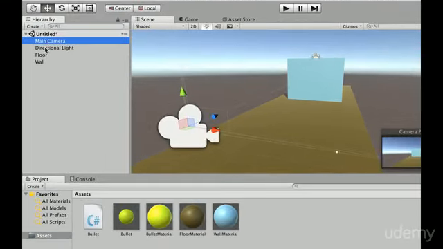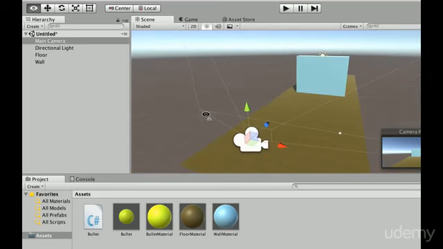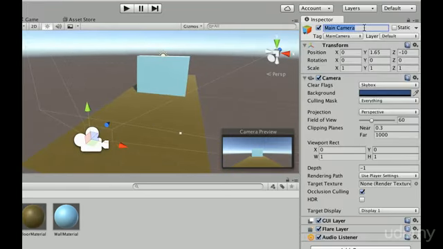First of all, we have a main camera here. Let's treat it as the player. Okay, we're going to imagine that this camera here is the player itself. Okay, it's like we are seeing this game in virtual reality. Okay, it's like you're standing here and you're going to shoot a bullet. So what we want to do is we want to rename this camera as player, and we want to make